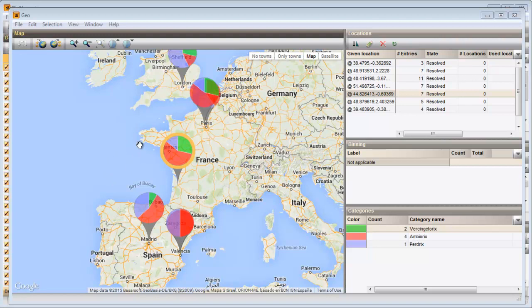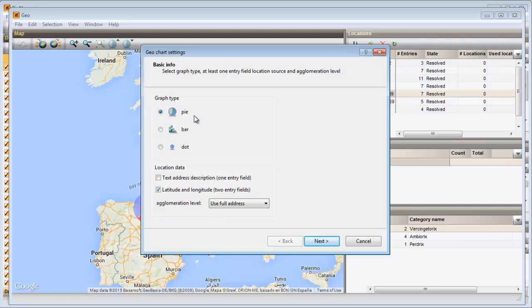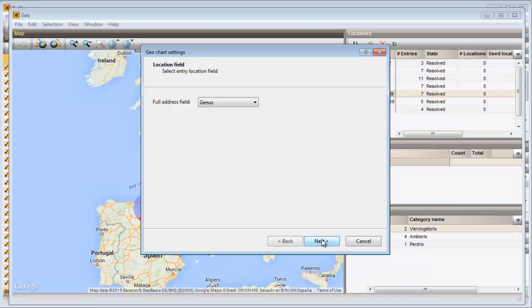I will call the geographical wizard again and specify new settings. I change the graph type to bars, and I will plot the entries based on the location information stored in the city field. I will choose genus again as category field,